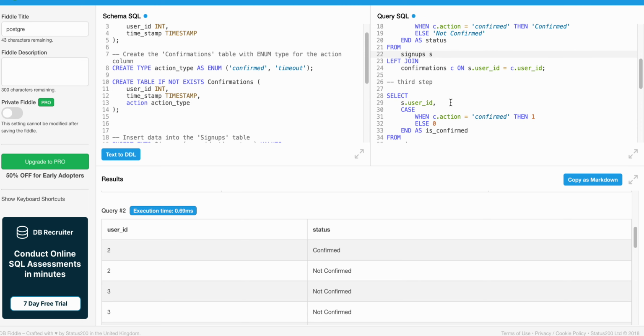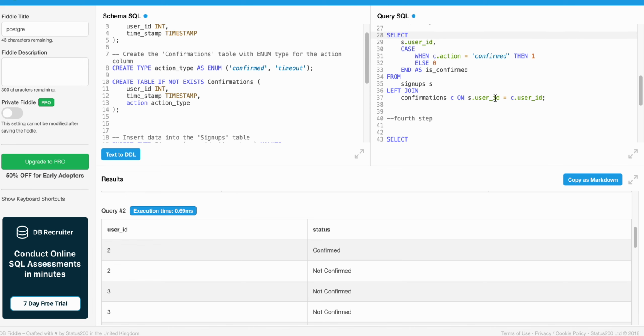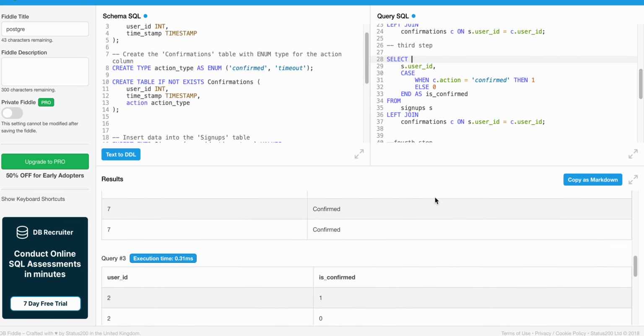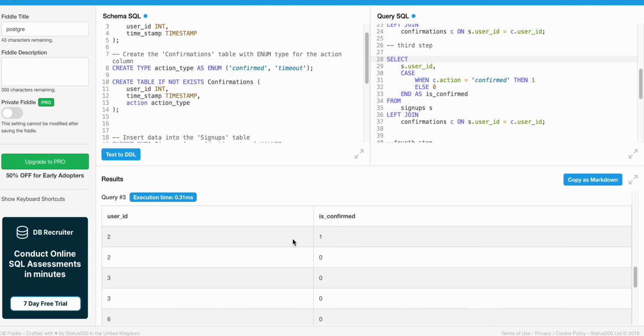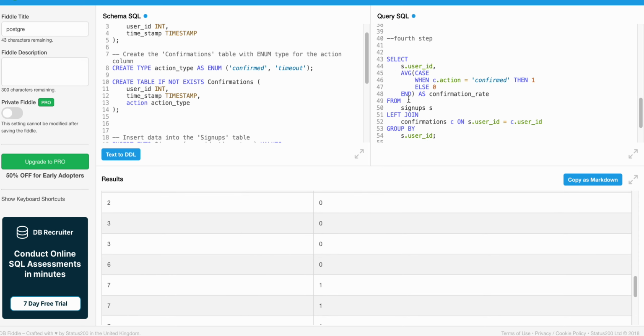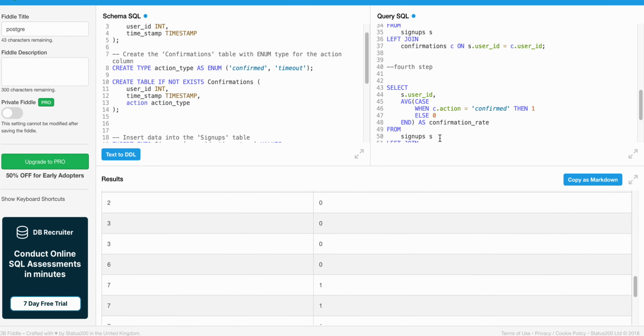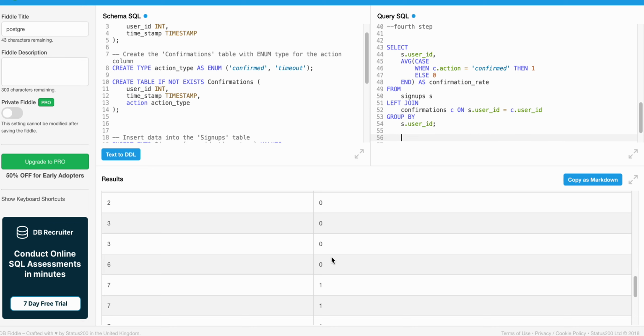Then, what is the third step? The third step is simply that instead of writing confirmed and not confirmed, we are replacing those values with 1 and 0. So we have user ID 2 with confirmed 1 and 0. And the last step, I'm going to delete this. In the last step,